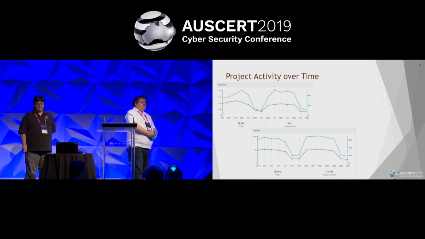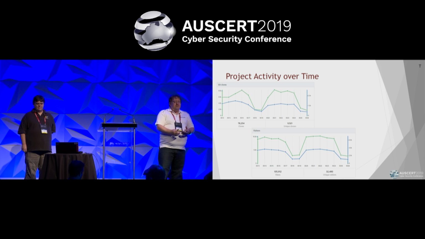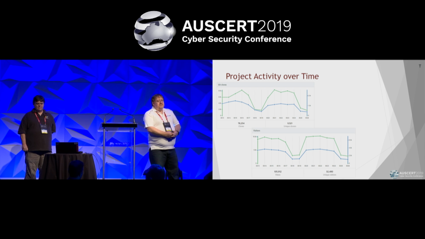So GitHub lets us see how many people are coming to look at OpenSSL on GitHub, so looking at the code, as distinct from looking at the project website where we talk about documentation and things. What are people doing with the code itself? And those stats on the bottom give us an idea of how people are looking at things, and this is just over the last couple of weeks.